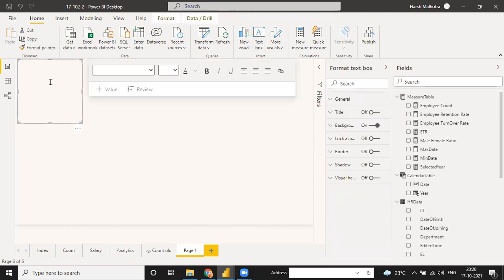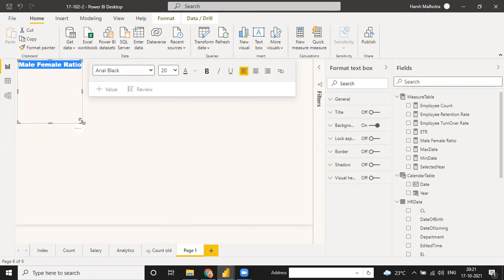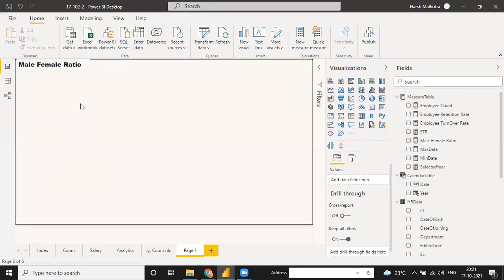So first I'm going to enter one text box, guys. This is your text box. Okay, so you can just click on this and you can write any text here, whatever you want. Like I write here, male female ratio, and I'm going to teach you how we calculate the male and female ratio. But before going to this function, again, what is exactly the male and female ratio, guys?